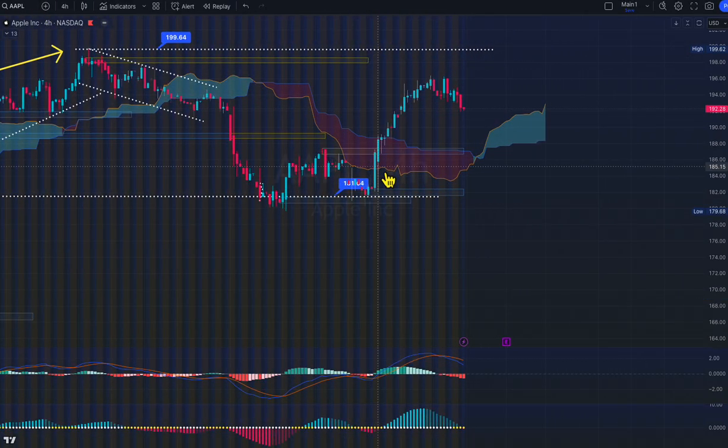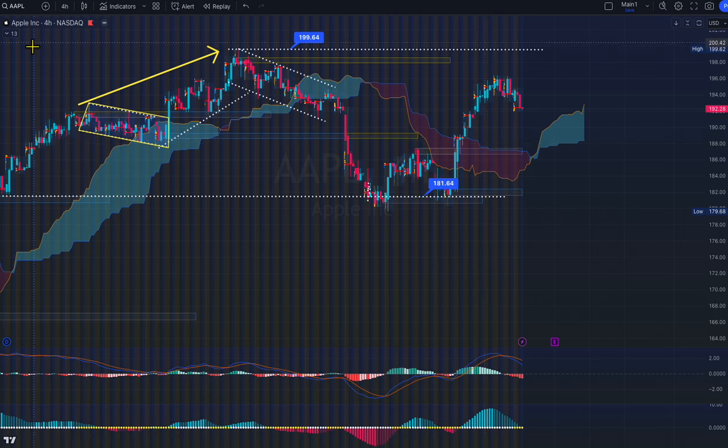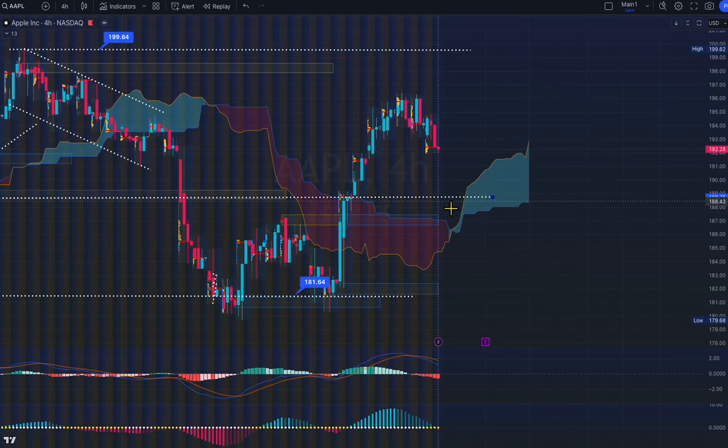All right, so what do you see? Apple is slightly pulling back, right? So Apple is probably the next demand area to watch here. Market will probably test the area of